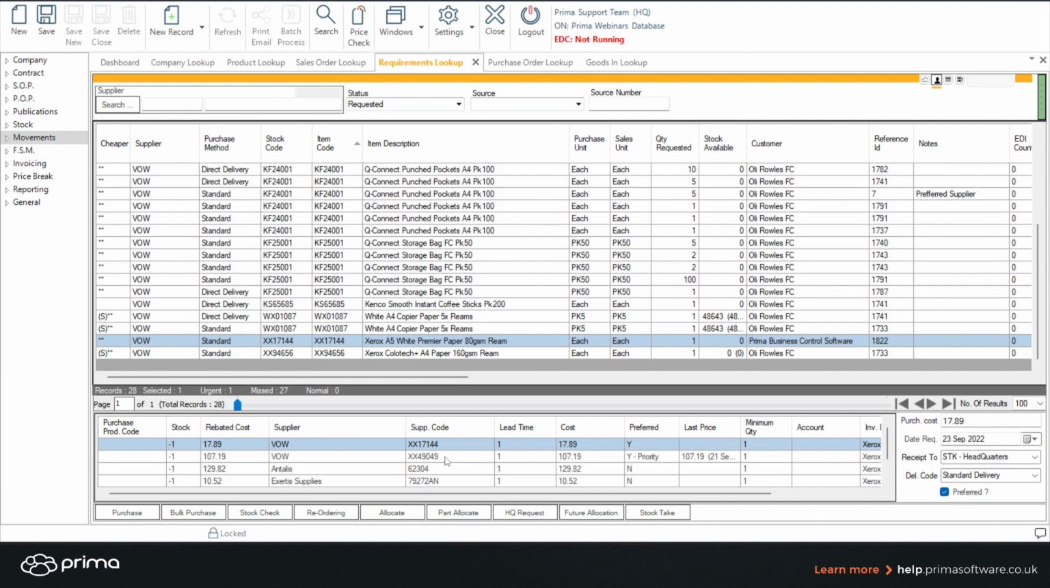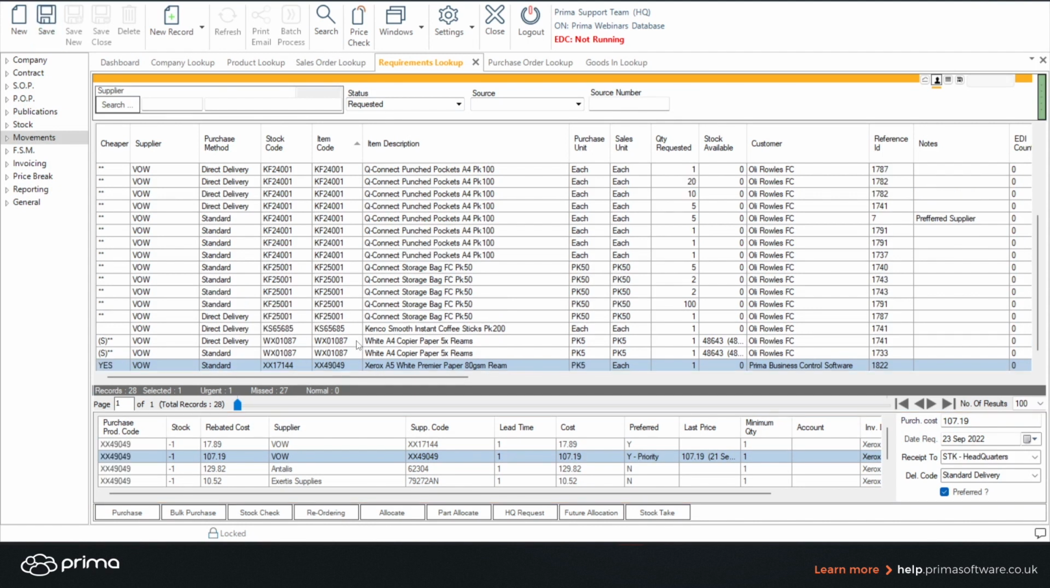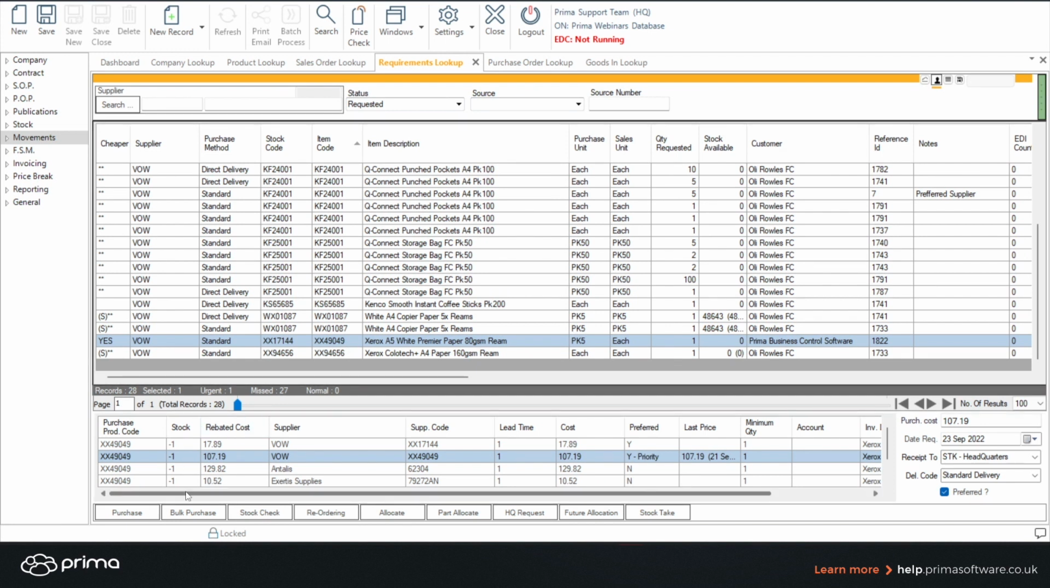So if I select the child code, which is for a box, so for 5 reams of paper, if I just save that, you can see now the stock code on the order is 17144, but we're going to be buying 49049, which is the box. So if I go ahead and purchase that,